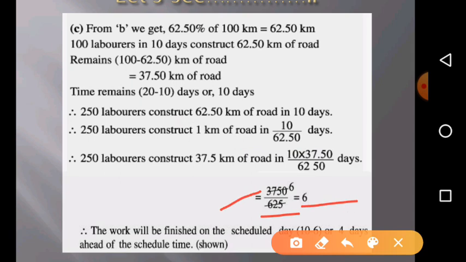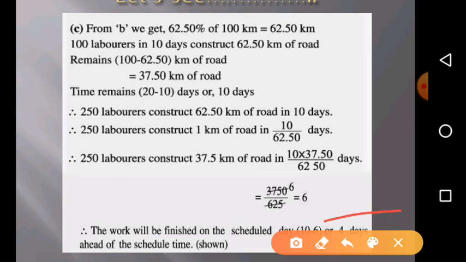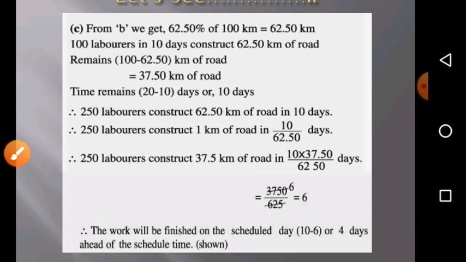আমরা জানি যে 10 দিন বাকি ছিল সময়, so the work will be finished ahead of schedule, that is 10 minus 6, that means 4 days ahead of the scheduled time। তার মানে আমাদের যেহেতু বাকি ছিল 10 দিন, কিন্তু 6 দিনে কাজ শেষ হয়ে যাচ্ছে, সেজন্য আমাদের যেটা প্রমাণ করতে বলা হয়েছিল যে 4 দিন আগে আমাদের কাজ শেষ হবে, সেটা আমরা এখানে প্রুভ করতে সক্ষম হলাম।